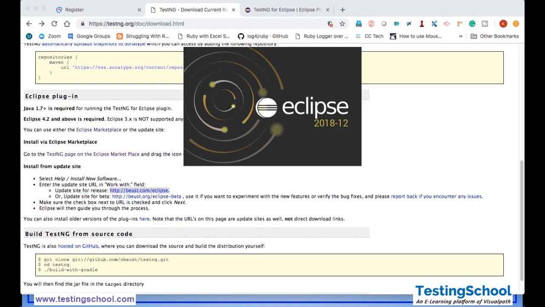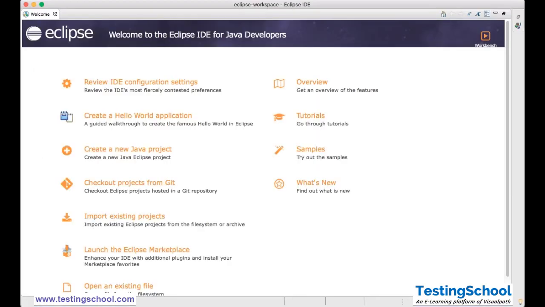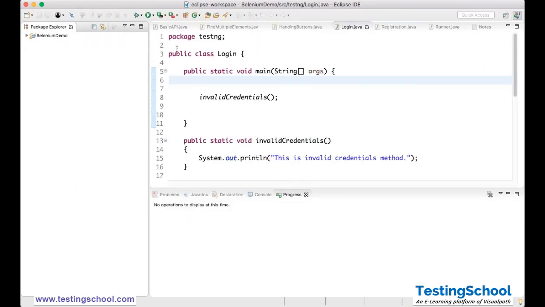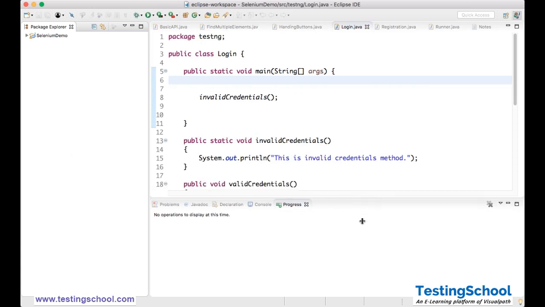So in the official website, you will get this type of option. Normally you just search, definitely it will give. There may be some issue with the marketplace or Eclipse integration. Behind the scenes, they are doing something else, but definitely you will get it. So when you restart this, this is the starting page, right? Welcome page. So I'll just close this welcome page,